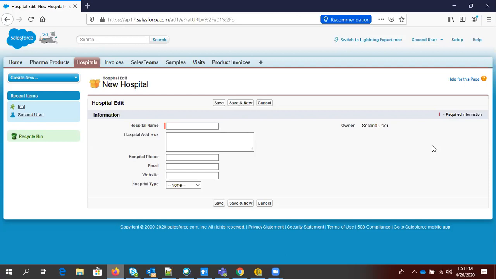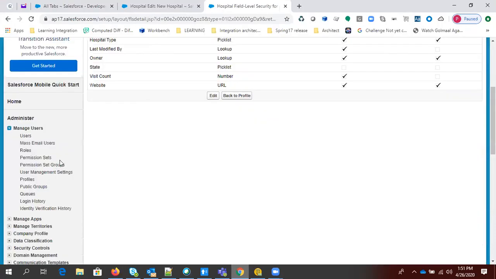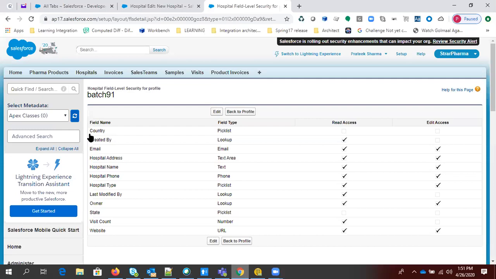So guys, let's say every time you create a new field, or new object, or new tab, right? Then every time this particular Salesforce org generally asks for the permission for each profile.